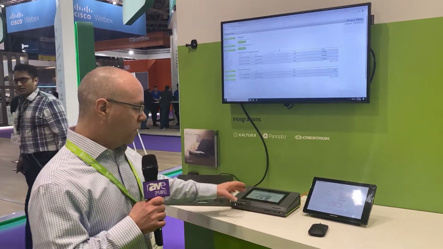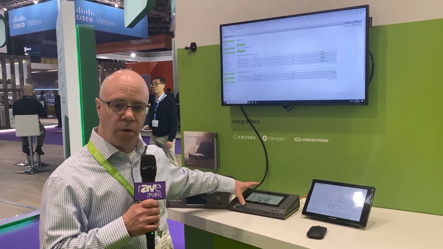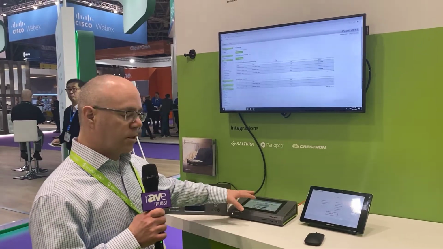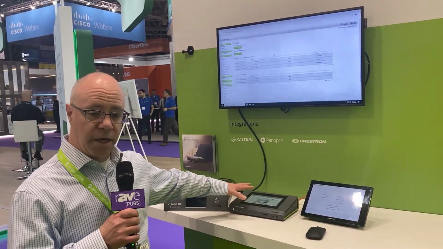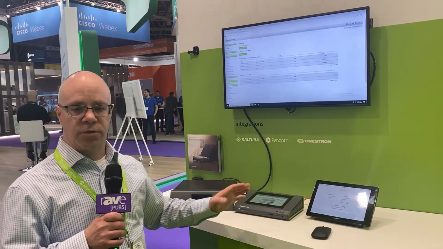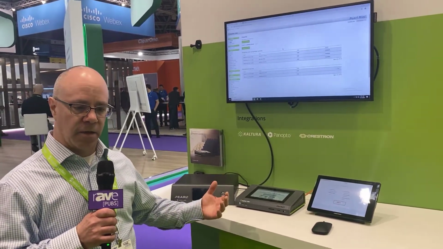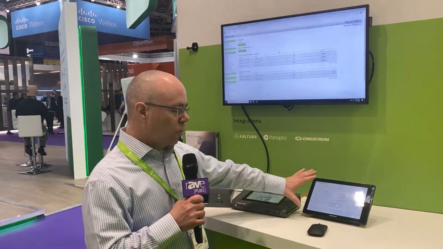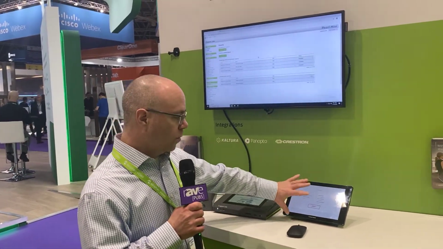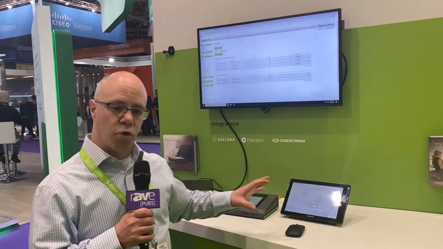For an ad hoc event, you can use the touchscreen directly on Pearl to start the event, create some small amount of metadata right on the screen, and transfer that asset automatically up into your folder in Panopto for you to access later. We also have Crestron has a control module that you can use to control Panopto as